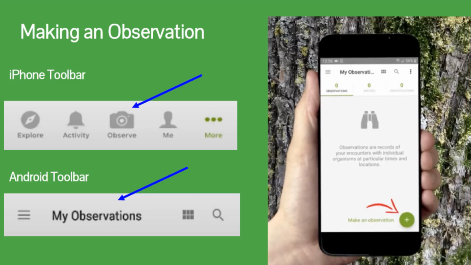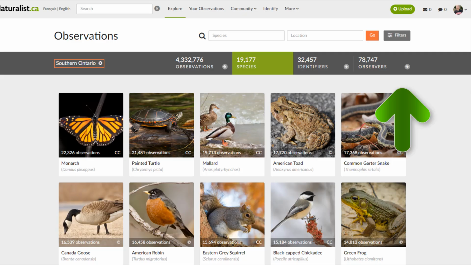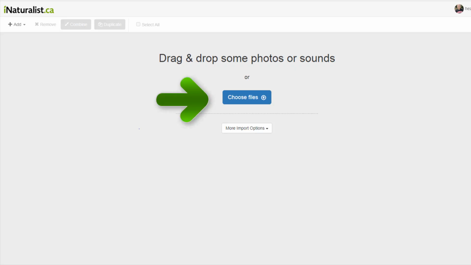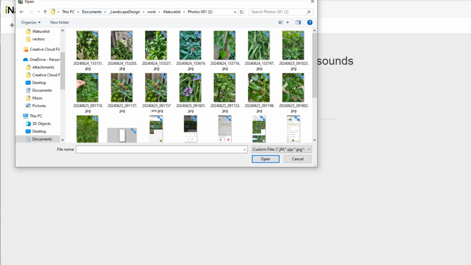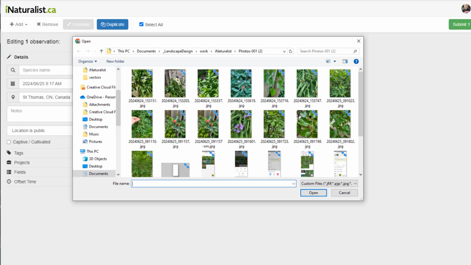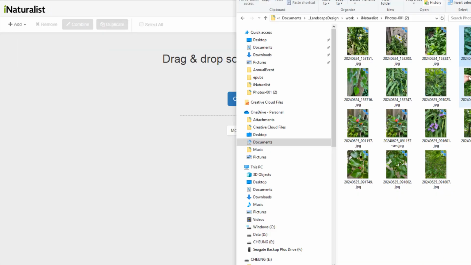To make an observation from the web, start by clicking on the green Upload button in the upper right menu. Click on the blue Choose Photos button to browse to a folder on your computer containing your photos. You can select multiple photos at a time, or open up the folder on your computer containing the photos you want to add. Click on a single photo or control-click on several photos to select the ones you want to